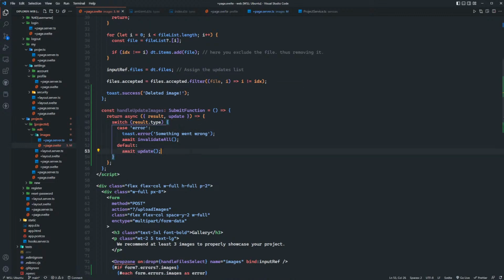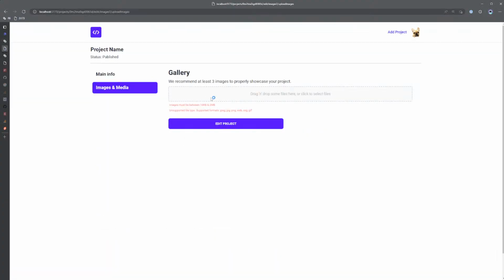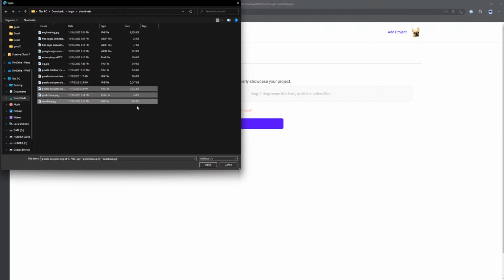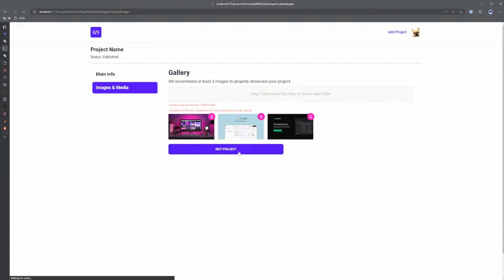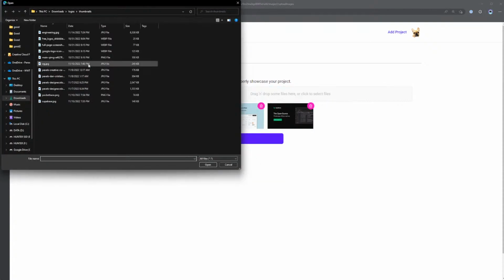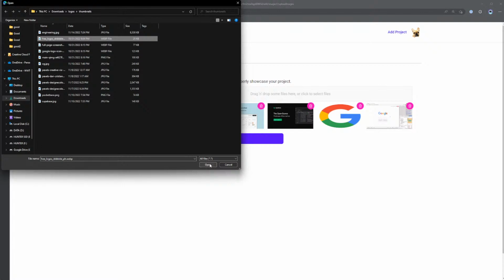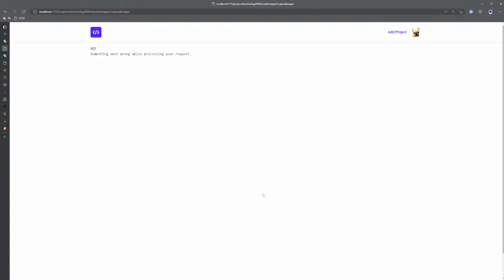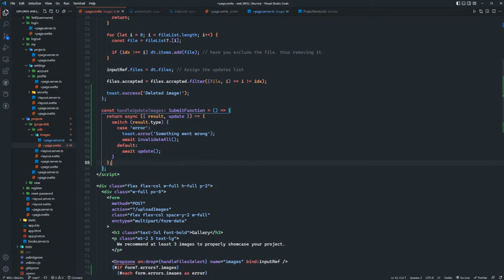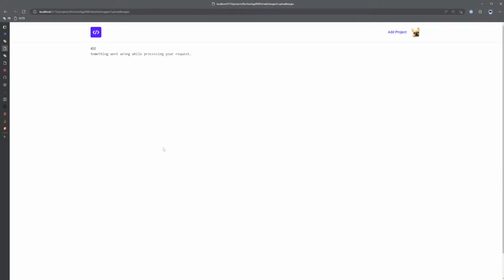So if there's an issue with updating the images, like if an error comes back from PocketBase, let's just say I have 5 images already, so let's add another one of these. Okay, so it renders the error boundary. I don't want that to happen. I want it to show an error if there's